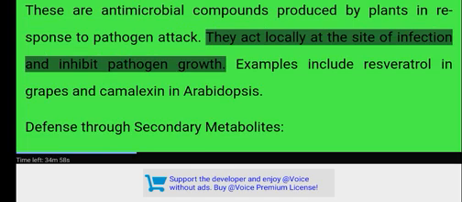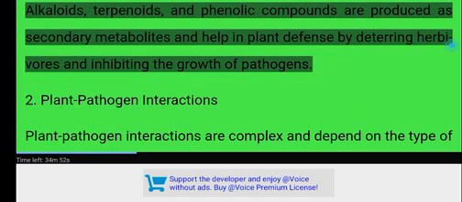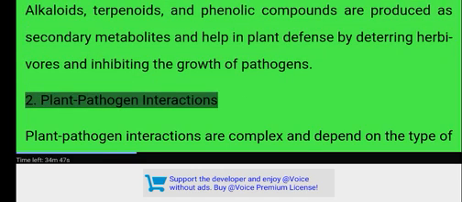They act locally at the site of infection and inhibit pathogen growth. Examples include resveratrol in grapes and camalexin in Arabidopsis. Defense through secondary metabolites. Alkaloids, terpenoids, and phenolic compounds are produced as secondary metabolites and help in plant defense by deterring herbivores and inhibiting the growth of pathogens. 2. Plant pathogen interactions. Plant pathogen